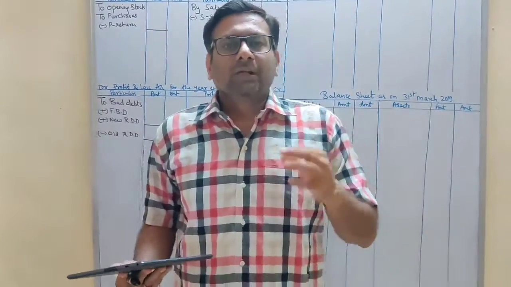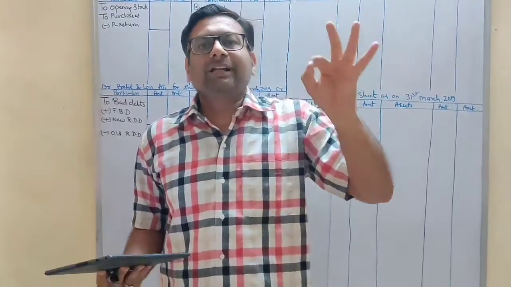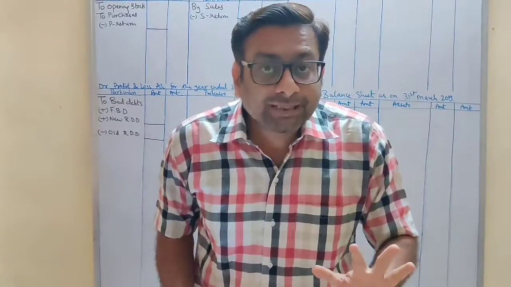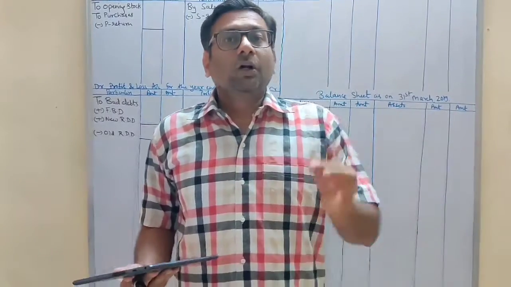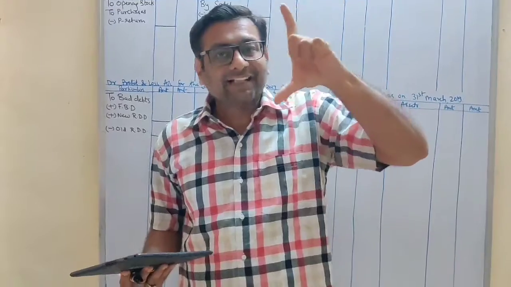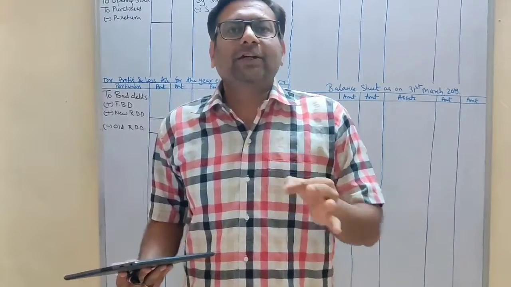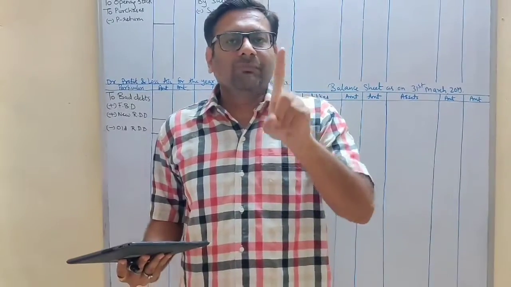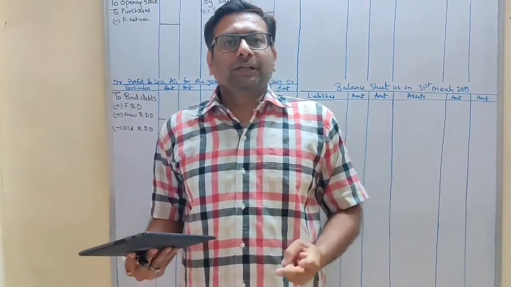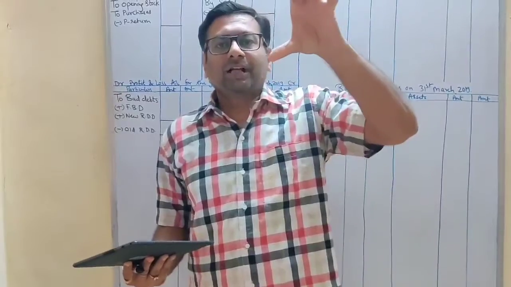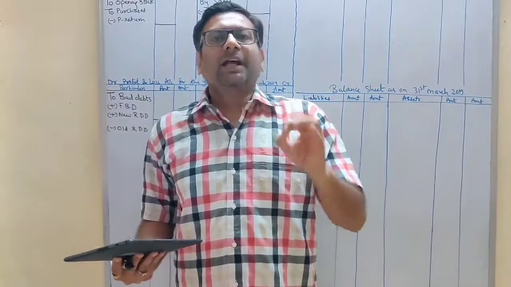Clear? Step 2. Step 2 is you have to complete your trial balance first. Each and every item of trial balance must be written in your answer. And as I said in my previous video, whatever you see inside the trial balance are recorded ones. Therefore, you are going to write only once in your answer. I mean to say you will give only one effect in your answer. So that is your step 2. I am repeating. Your step 2 is to write each and every item of trial balance in your answer one time. So we are going to call step 2 as trial balance.